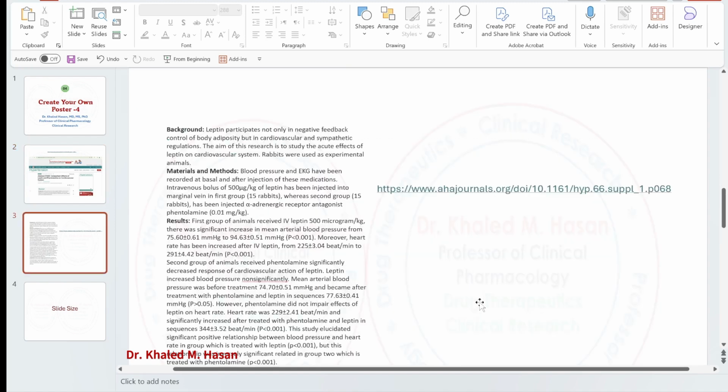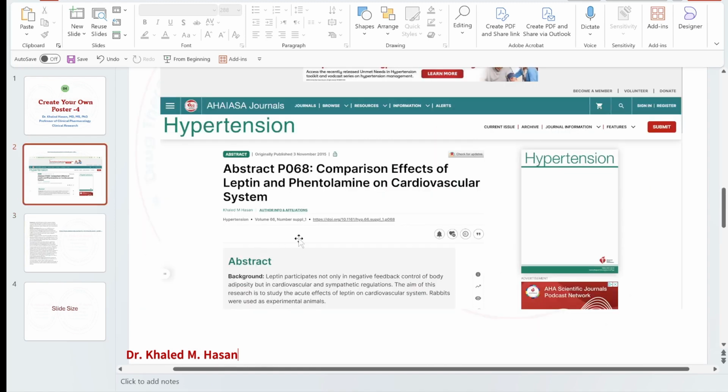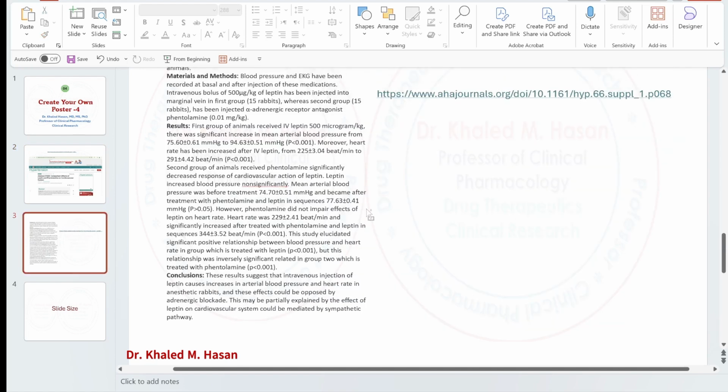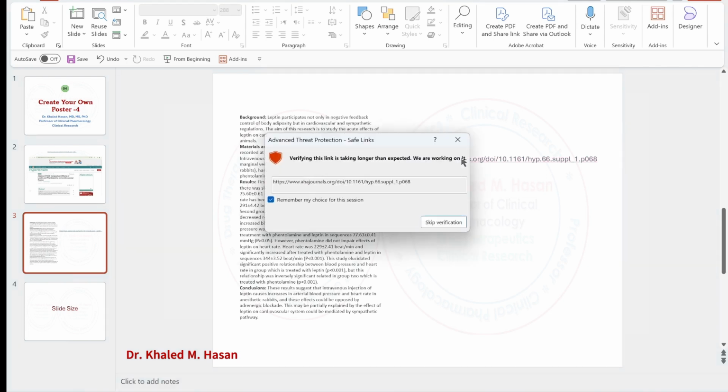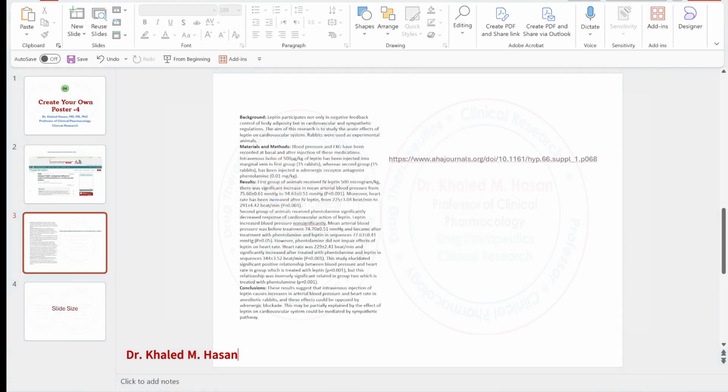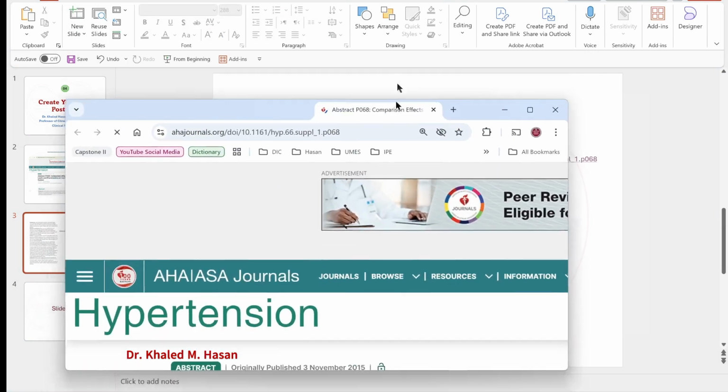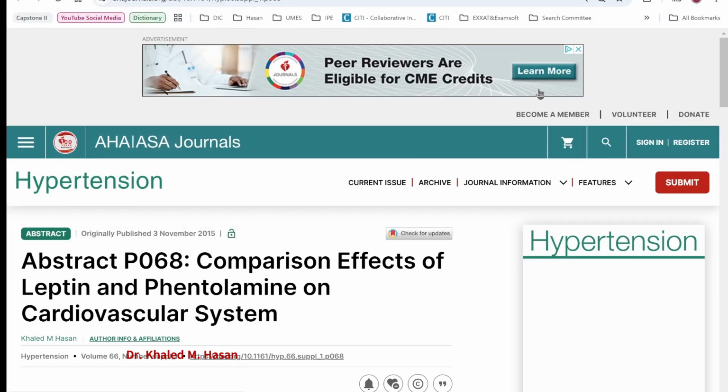I'm going to copy and paste the abstract in the next slide. So I have this abstract here regarding the effect of leptin and phenethylamine on the cardiovascular system. I copy the abstract and I have it here now. You can see the abstract. I will minimize the slide a little bit. You can see the abstract here and you can see the link. If you click on the link, it will take you to the article, or the website where it's published. I will share the screen with you here to be sure we are on the same page, me and